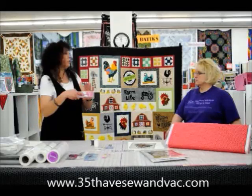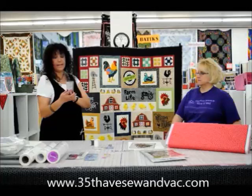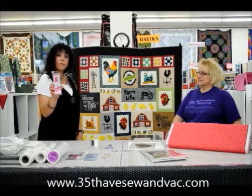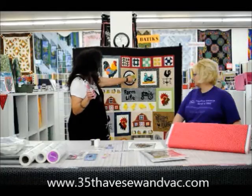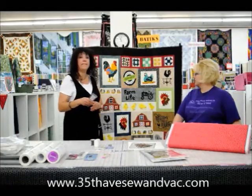So I like these little glue sticks. Oh, those are great for that. I would just take this glue stick. This is a Sulky fabric glue pen. It's the diameter of a crayon. I would just color in here, use your kindergarten skills, slap that down, and then you'll be able to...